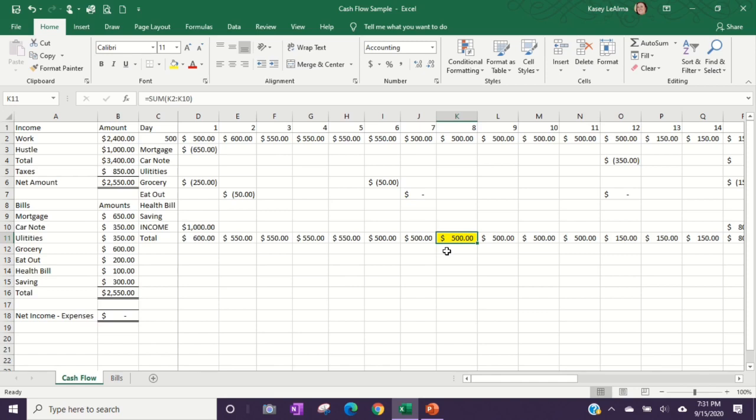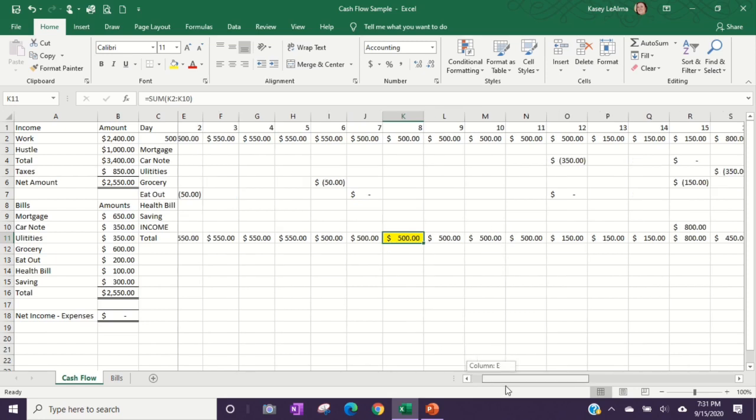You can call it whatever you want if you don't really like that term, but this just helps me know when I might need to move some money from my emergency fund to cover something, and then maybe have to move it back at a later date. So this just helps me visualize what I need to do